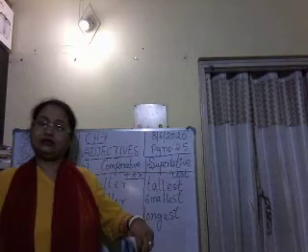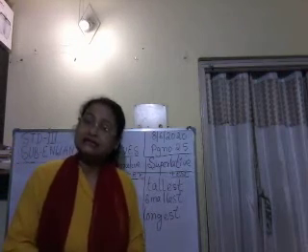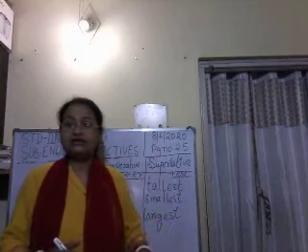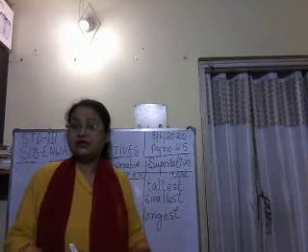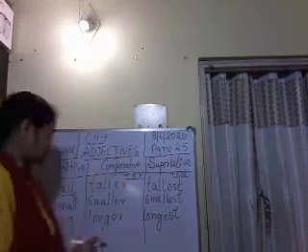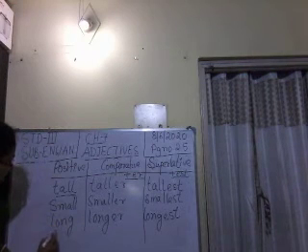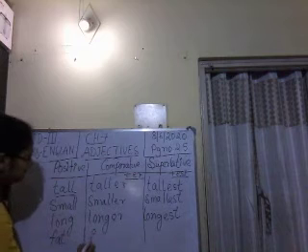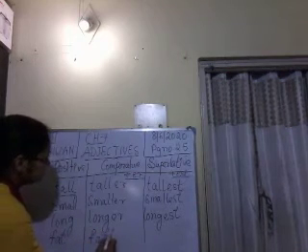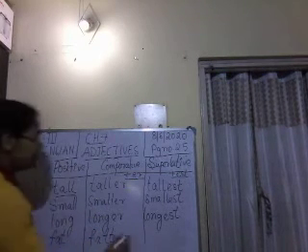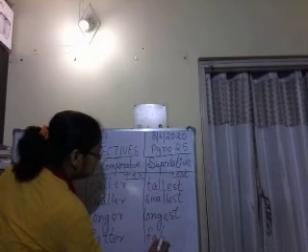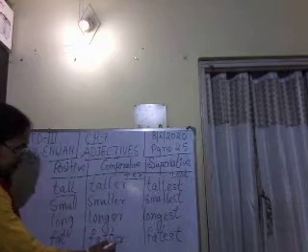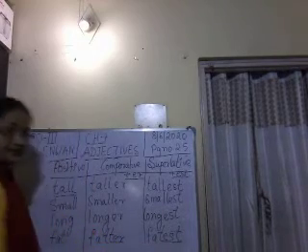So, fat. He is a fat boy. If there is a fat boy in your class, you will say he is a fat boy. If someone else is there who is more fat than him, then we will not say he is more fat than him. He is fatter when we compare. F-A-T, fat. Then the comparative will be fatter, F-A-T-T-E-R. Then fattest, F-A-T-T-E-S-T. Here I have added er. Here I have added est.